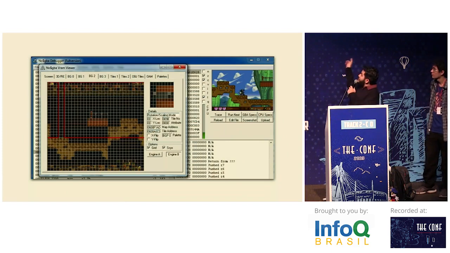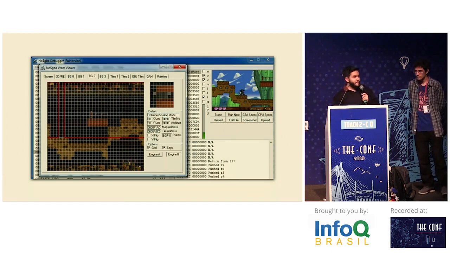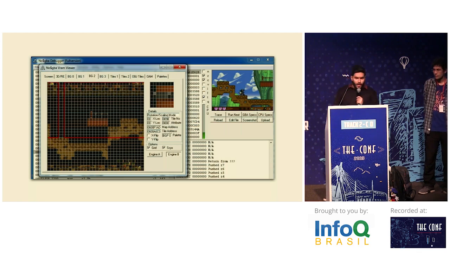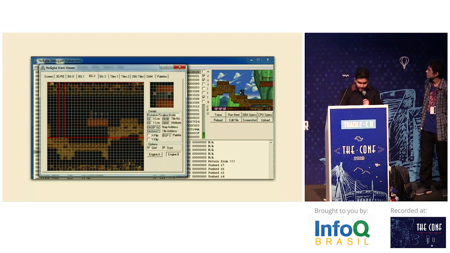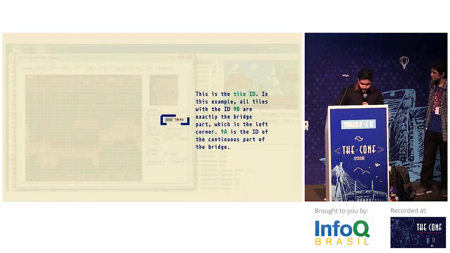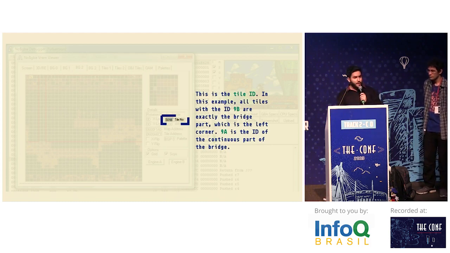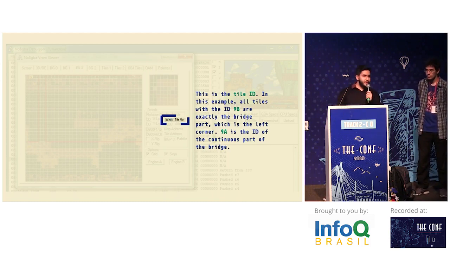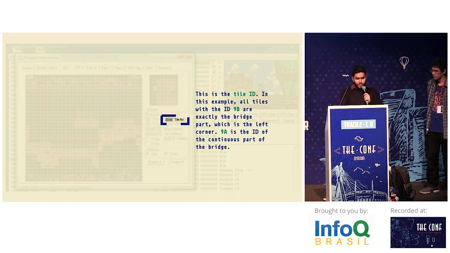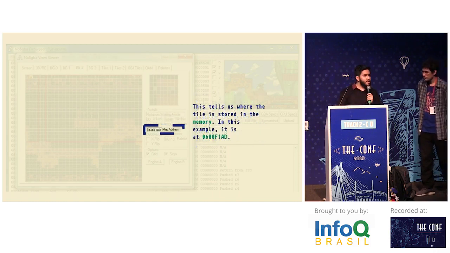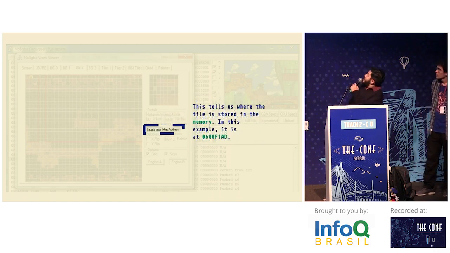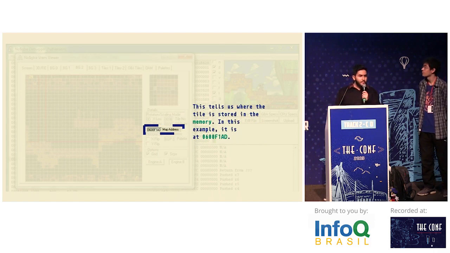This is the panel that we have on NoCacheDBA. Here we are in the first level of the game, and the bridge that we want to stretch is here. I'm going to highlight it. And this is the tile ID for the bridge. As you know, on a tile-based game, each tile has a very specific unique ID. So this is the tile ID for this part of the bridge, and there's also the ID for the other part of the bridge. And here we can see the memory address where this tile is located, which in this case is